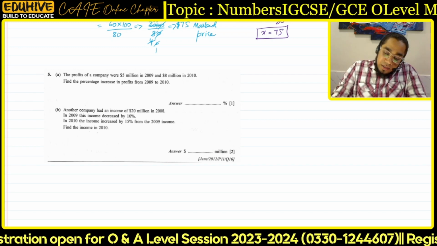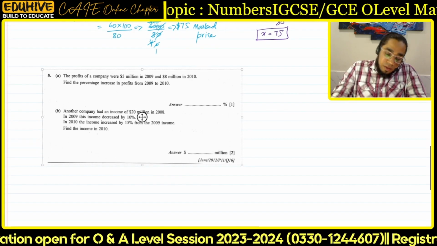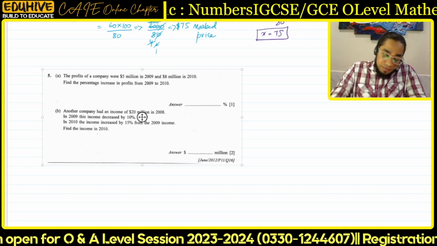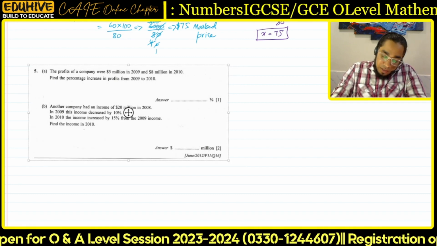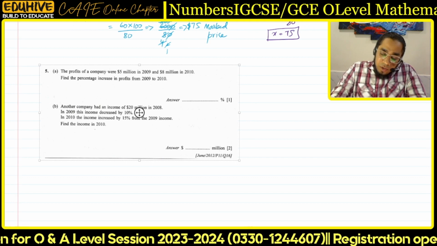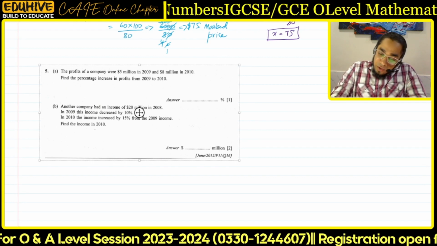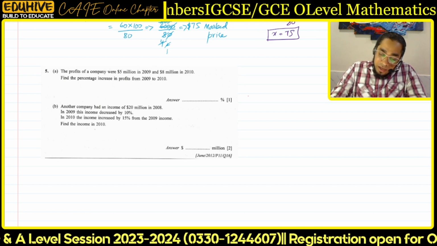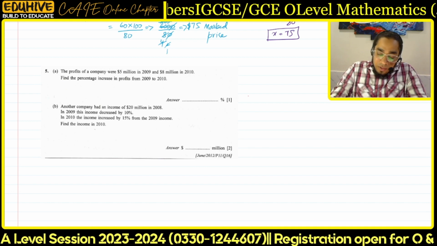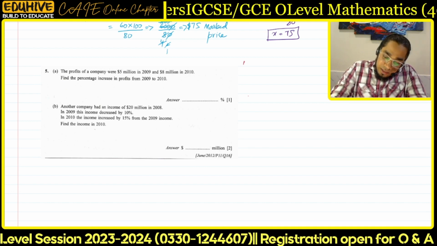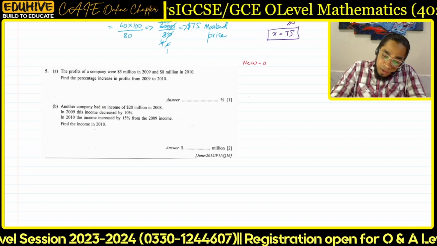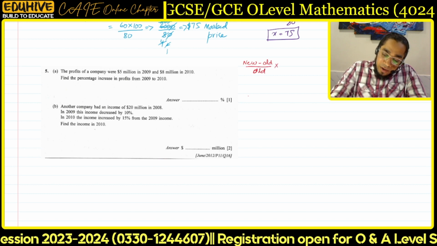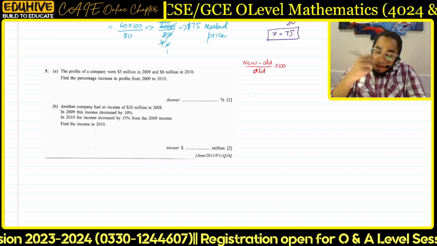The one thing I did not tell you about is the formula of the increasing or decreasing percentage, how you will calculate this one. So I just gave you the question to solve in order to identify whether you can solve this or not. So the formula is, I'm going to tell you, new minus old divided by old multiplied by 100. It is the formula for the increasing and decreasing percentage. Okay,